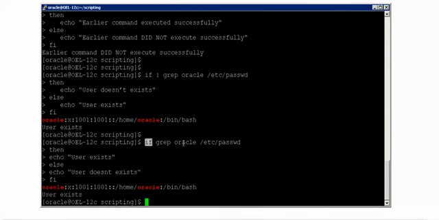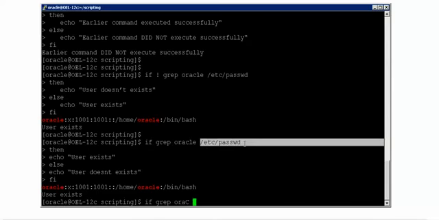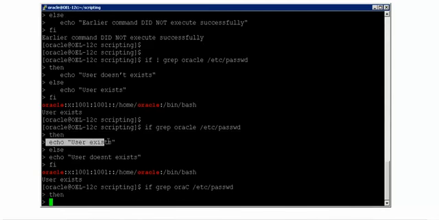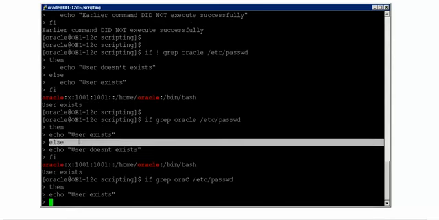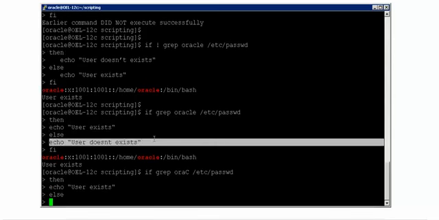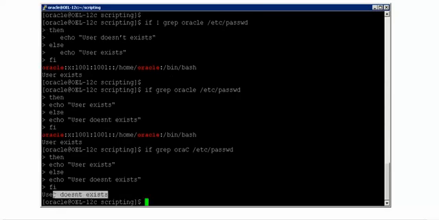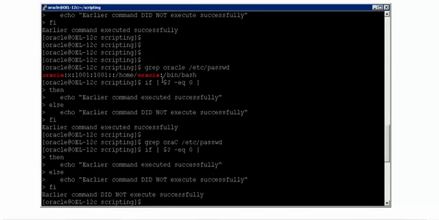And in case you have a very different name, I'm trying to show you with a wrong or non-existing user whether it functions correctly or not. I'll show you here. And yes, it should tell me that user does not exist. See, that's good. So you can directly give the grep within the if also without using $?.